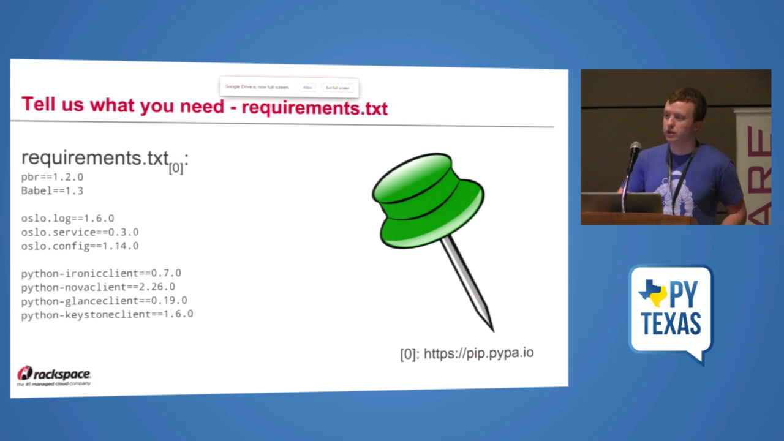And here I have an example of a requirements file. A requirements file lets pip know what libraries your project needs to install in order to function. You definitely want a requirements file for your project, and you probably also want a test requirements file, because you're going to have some libraries that you test with that don't need to be installed alongside the